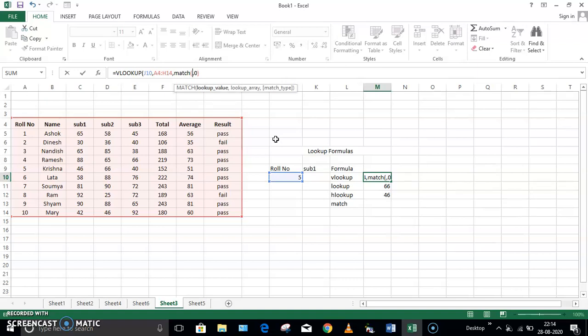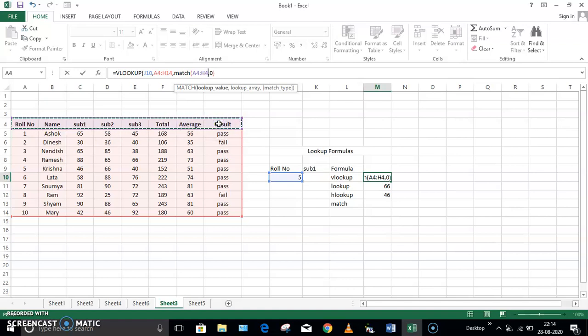When I am saying match, it is asking for lookup value. Which value you want to look for? I can look for subject 1, subject 2, subject 3. It can be anything. So I'll select the entire headings.